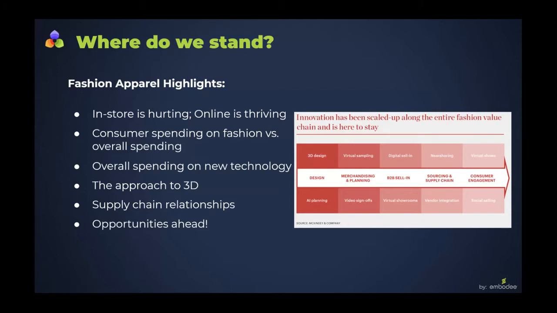As a consequence, we're going to talk about how to correctly approach 3D then. What is the correct way or the better way or the enhanced way? What is in and what is not? And opportunities ahead, because that's absolutely the most positive message we want to pass along here today. What can we do with 3D in ways we've never done before?